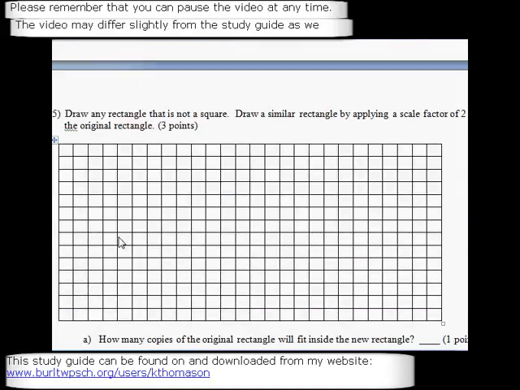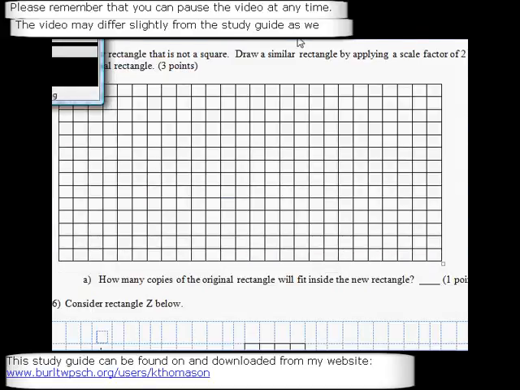Alright, number 5. As you can see over here, some of the things are cut off that you won't be able to see. There's only so much room I have on my computer to show you everything. But again, hopefully you have your paper in front of you and you're following along and pushing pause when you need to. So you'll see that there's more words outside of here, and I'll read them when I go through this. Alright, so number 5 says, draw any rectangle